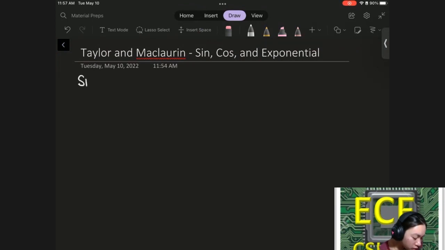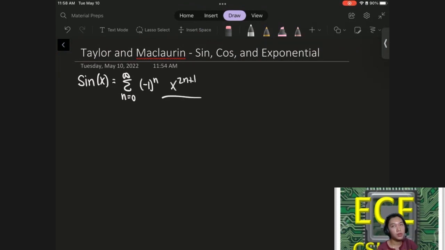So the Taylor series for sine equals the sum from n equals 0 to infinity of (-1)^n x^(2n+1) all over (2n+1) factorial. And for cosine